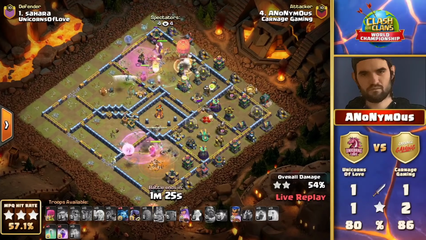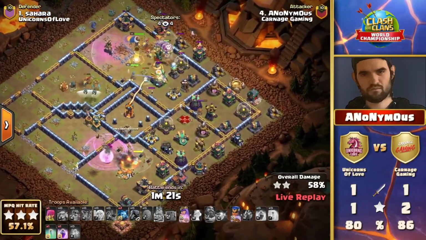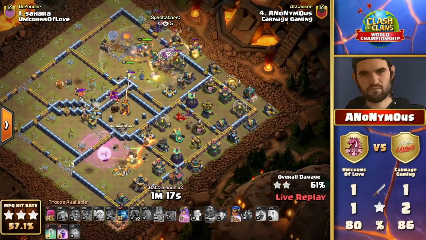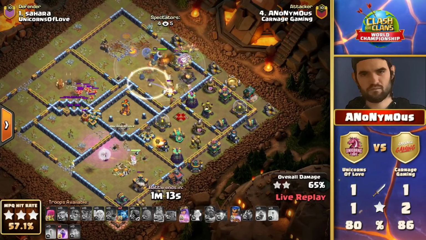Headhunters run all the way to the Queen. And will they get her? Ooh. No, they did not. Wow, there was the tornado trap. The Town Hall poison is gone. But the problem is a single... Yeah, that single...